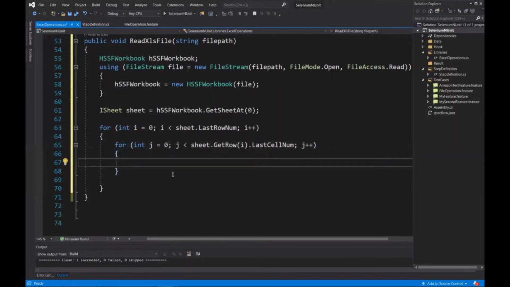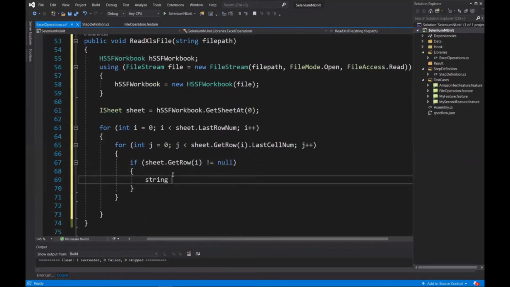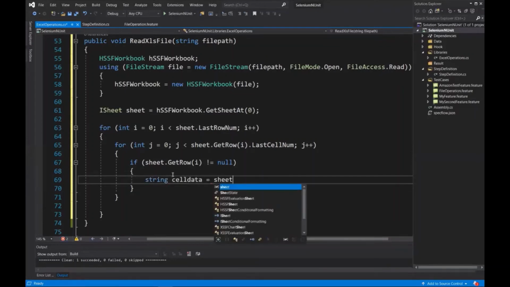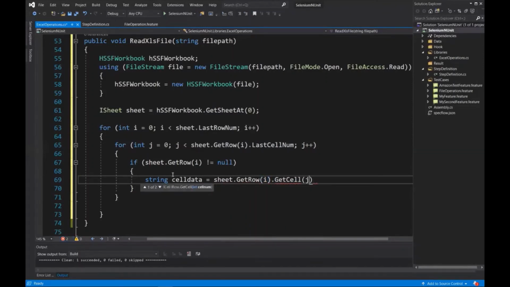Now we need to get the data in each cell. To do that, first I'll add a checkpoint that the row should not be blank. It might be a case that we have blank rows in the Excel sheet. Now to get the data, we can write string cellData equals sheet.GetRow.GetCell.StringCellValue.